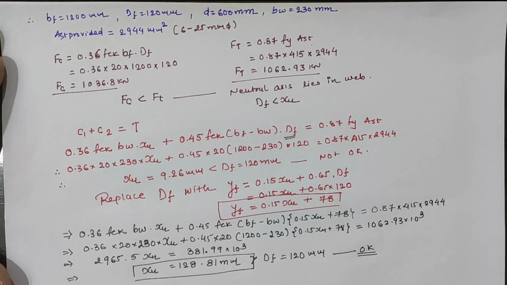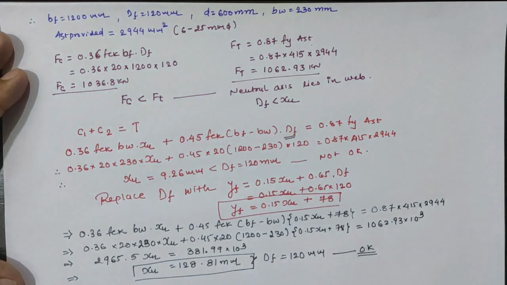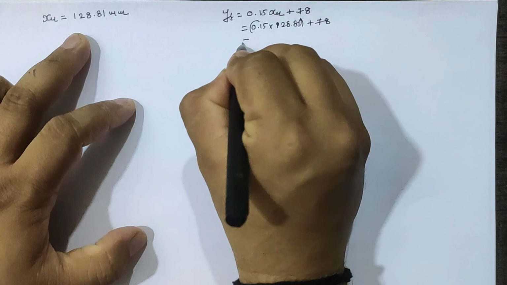Now going ahead with the calculation of moment of resistance for 6 numbers of 25 mm reinforcing bars as the area of steel. From the above calculation we have Xu equal to 128.81, and yf equal to 0.15 Xu plus 78. So let us put the value of Xu in this equation, which is equal to